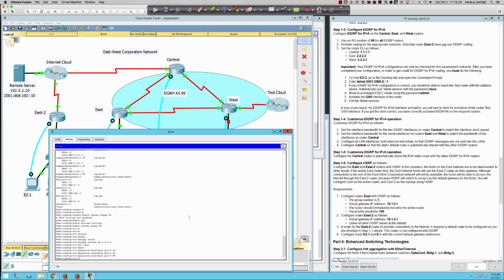And then we've got the test cloud interface. And so this is interesting here. I believe we're going to need that test cloud, and we can't see into that test cloud. But in terms of validation, that is what we're going to be using. All right, so we're going to leave that right now. We'll leave that alone. So let's get into our interfaces, because now we need to get into interface gig